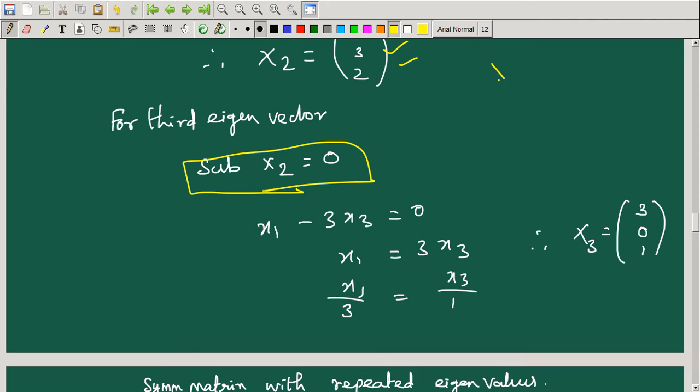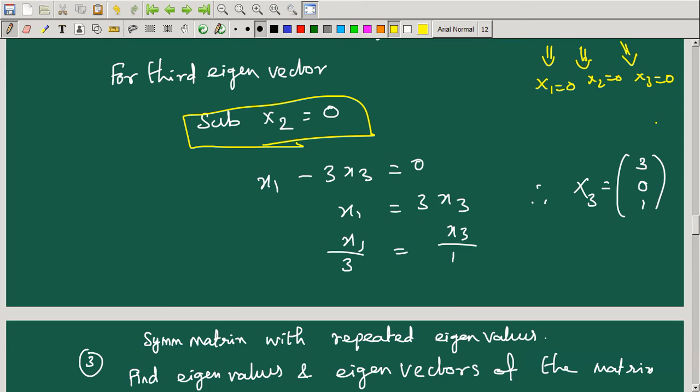If you get lambda with all the eigenvalues the same, for example 2, 2, 2, and the equations are linearly dependent, substitute x1 equal to 0 for the first eigenvector, substitute x2 equal to 0 for the second eigenvector, and substitute x3 equal to 0 for the third eigenvector. Okay, so this is the process for a non-symmetric matrix with repeated eigenvalue.